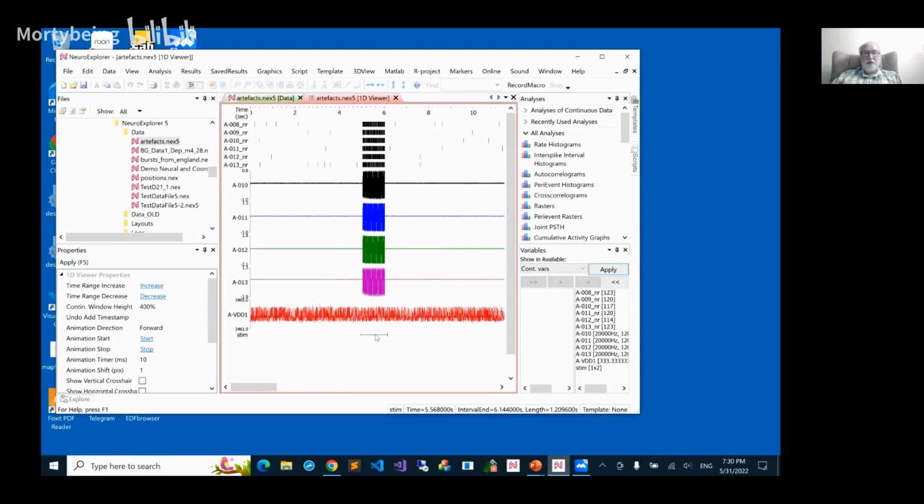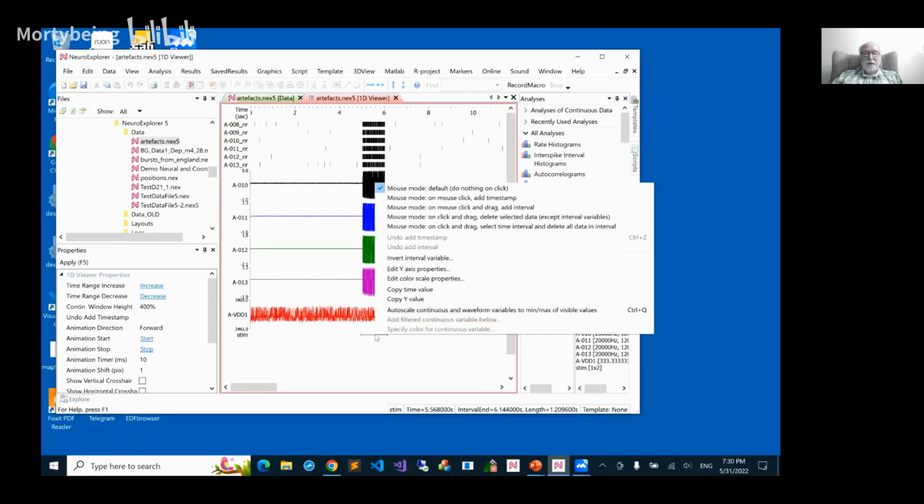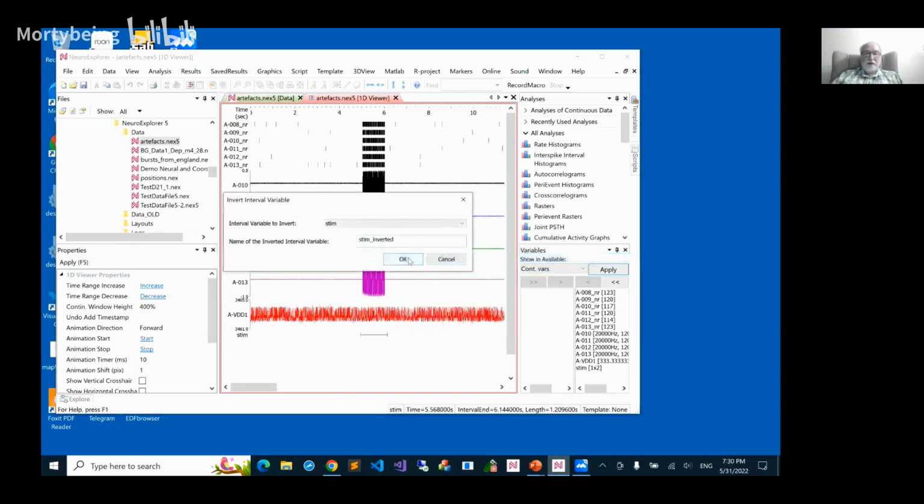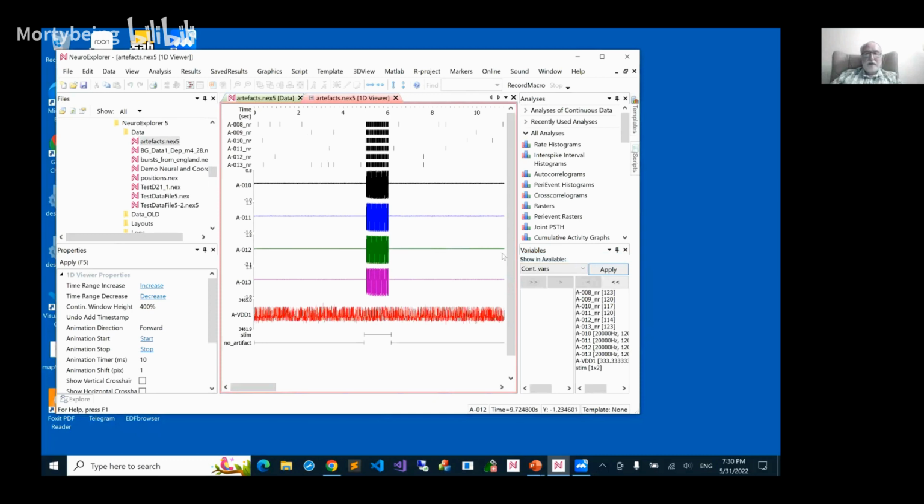This is also done through the 1D viewer. So you right click and say invert, and select invert interval variable. Stim inverted, and we just call it no_artifact, with underscore. So you can see now we have these two intervals, no artifact, and we can now run analysis, for example,